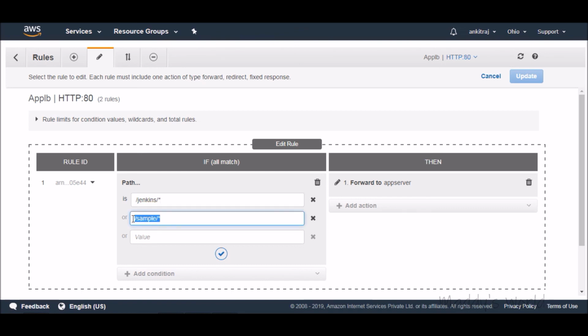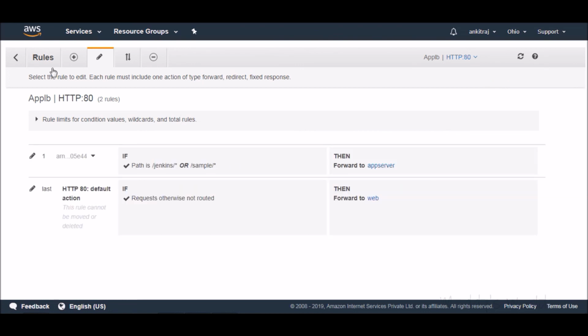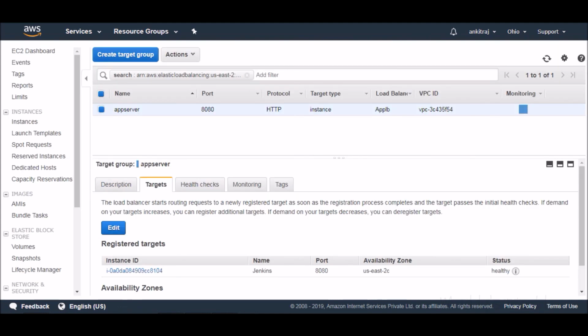Alright, you can see any URL here or application deployment that we have available, and we are just forwarding all the things from here to this app server. And this app server is basically a target group. You know about it, right? So let's go back to see the target again. I don't need to save it because it is already saved. So you can go to target group.